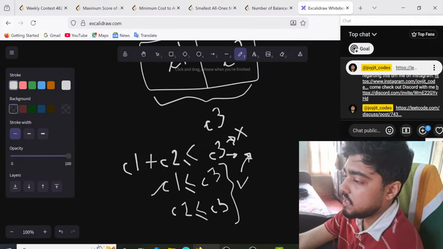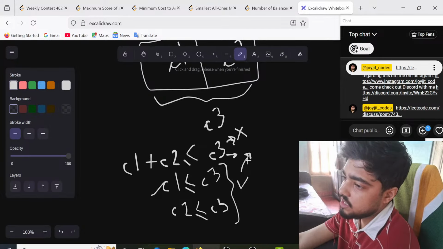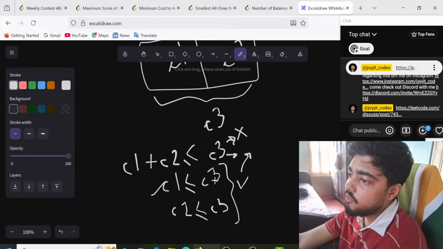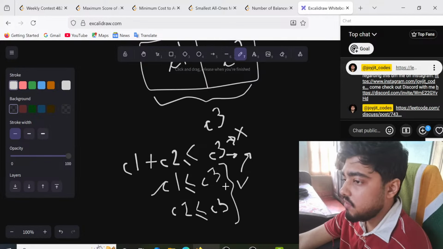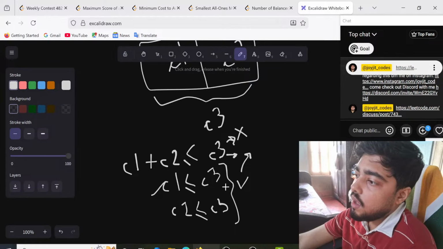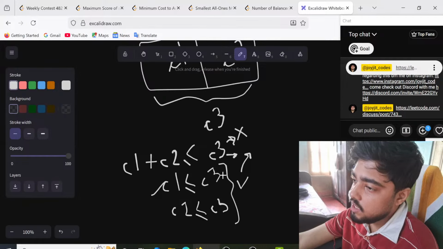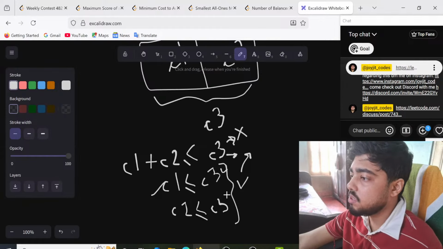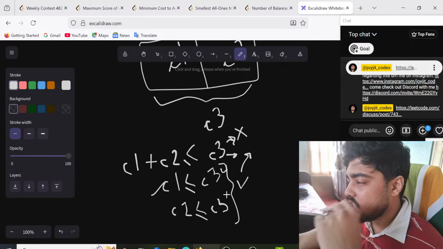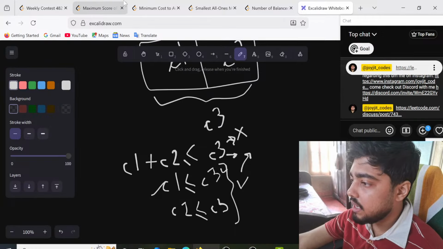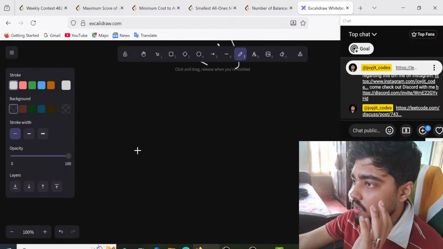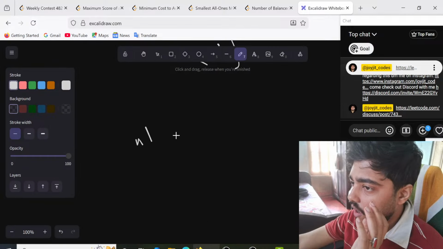Sorry, I think I messed it up. If both are satisfying, you have to take C1 and C2 separately. If both are not satisfying, then obviously you have got it. If either of them is satisfying, so this is basically the 4 possibilities that you have to check. But instead of making it too complex mathematically, my suggestion is, you have need one, you have need two.